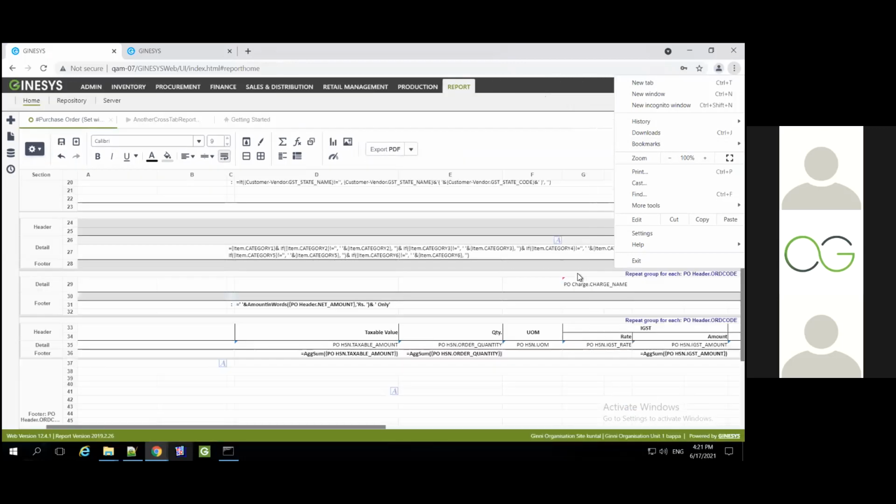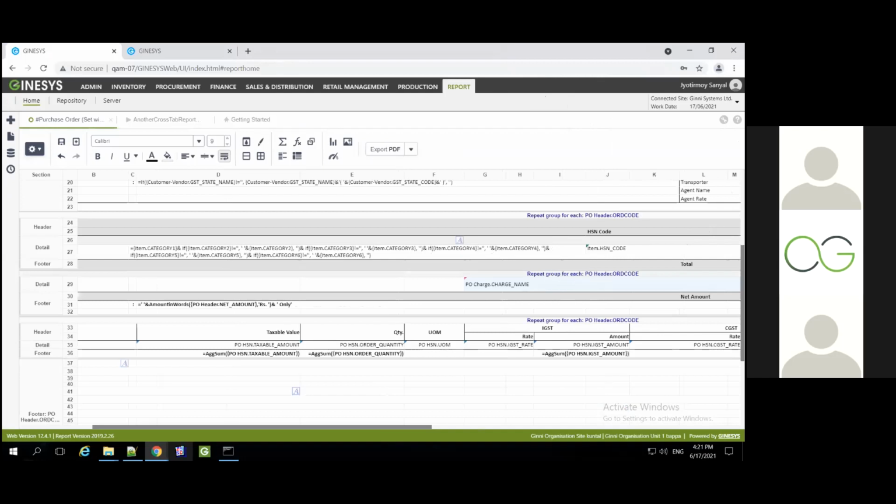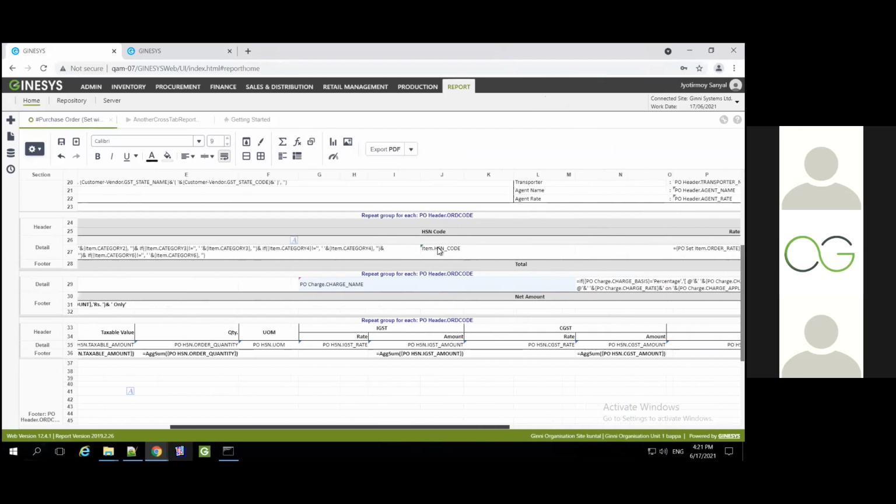So you will see it's repeating for each PO order code, right? My PO charge is my data source, which is explicitly for PO and charge, and from there I can derive my charge name and the charge amounts for that particular order code.